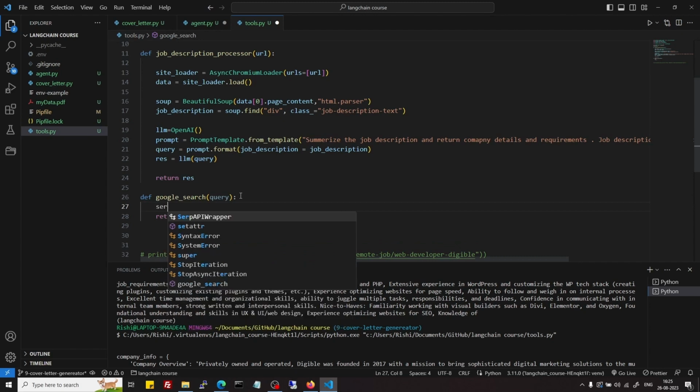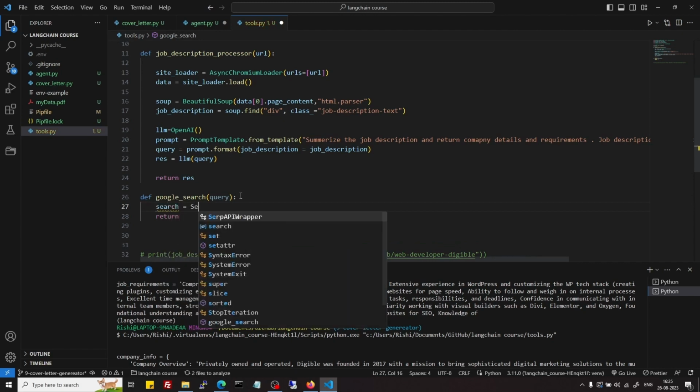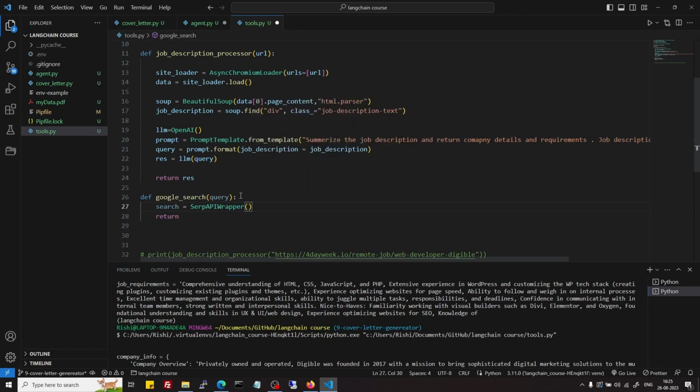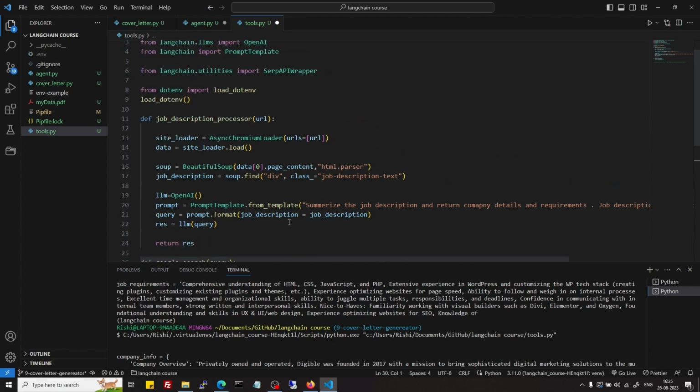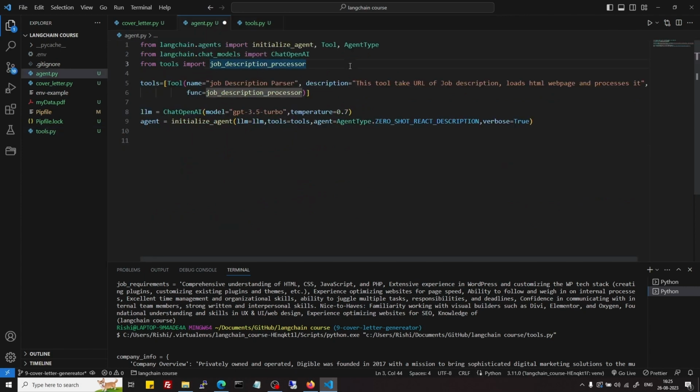First we need to do search equals SERP API wrapper, and make sure that the key is exported. Now here I will do search and pass the query. So suppose our agent needs something, it can search Google using this tool. Let's create this here. So I will use Google search and in our list of tools,